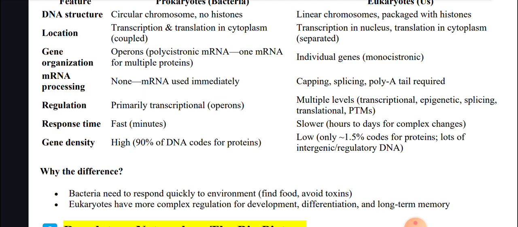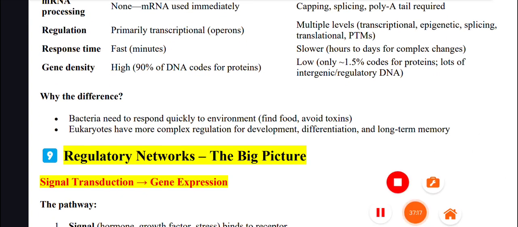And this all ties back to how much of the genome actually codes for stuff, gene density. Exactly, gene density. Bacterial genomes are packed, maybe 90% codes for protein or RNA. Eukaryotic genomes